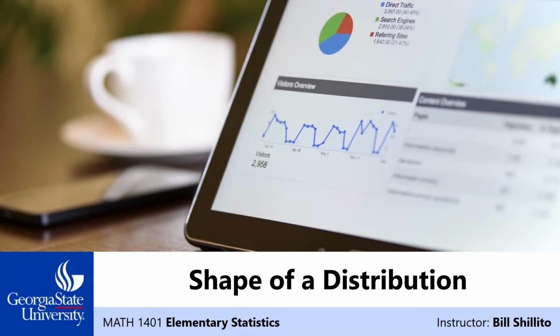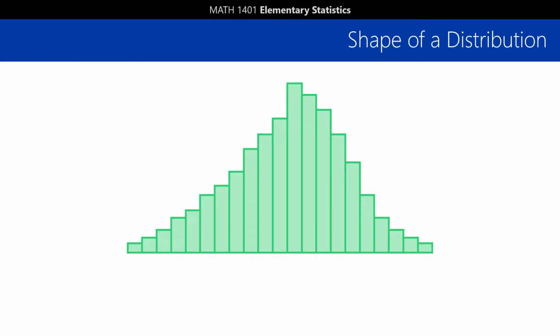In this video, we'll look at the shape of a distribution. Measures of center like mode, median, and mean are useful ways of relating some information about our data, but sometimes just that single number on its own doesn't really tell us enough. We can convey a little more information by talking about how the rest of the values are distributed around that